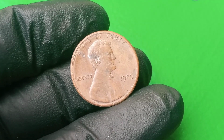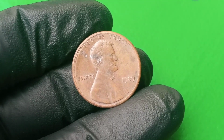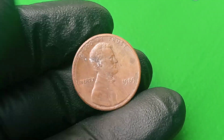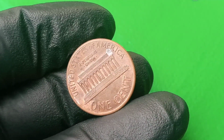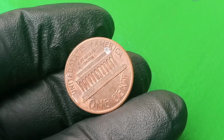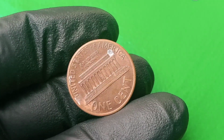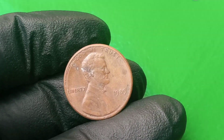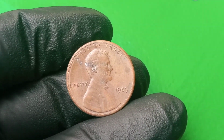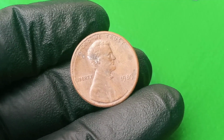Next! Today we are going to explore the mind-blowing story of the 1989 Lincoln Memorial 1 cent coin that, in a rare and extraordinary combination of minting mistakes, historical circumstances, and sheer rarity, has been valued at an unbelievable $2.3 million, an amount so staggering for a penny that it instantly captures the imagination of both seasoned numismatists and everyday people alike. Because when you think of a penny you picture something ordinary, something common, something that rattles around in